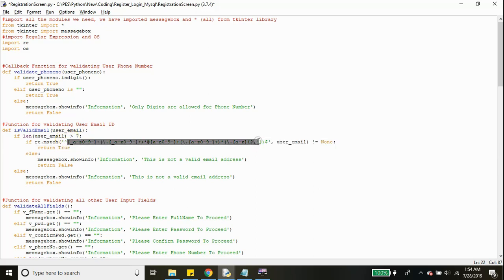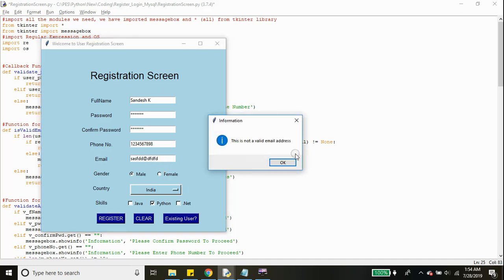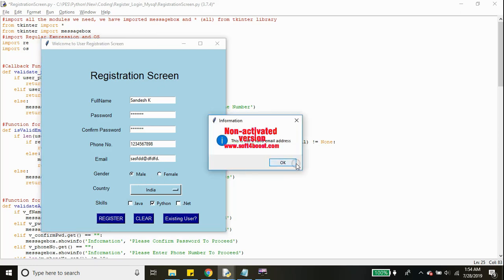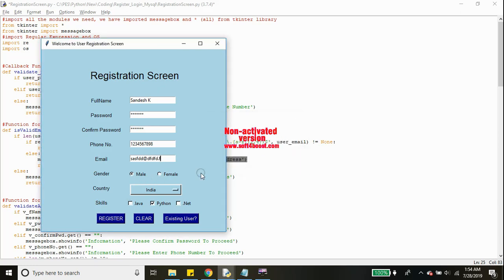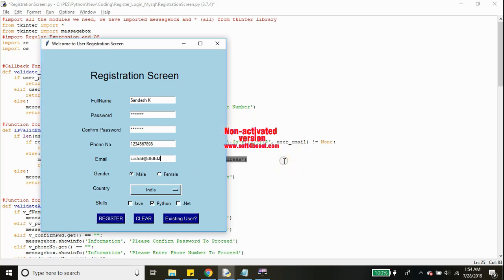If my email ID matches this, it will return true, else it will return the message saying this is not a valid email address. Let's see. Here I'll give at and some value here. It says this is not a valid email address. Let me send it off. Again it says not a valid address. Let me pass one character of that. It says not a valid address. Now if I pass in